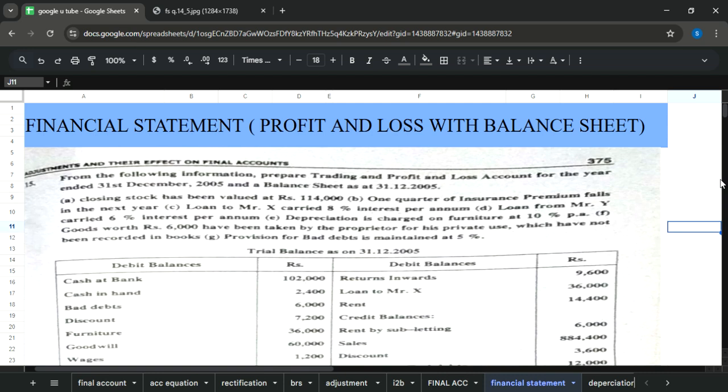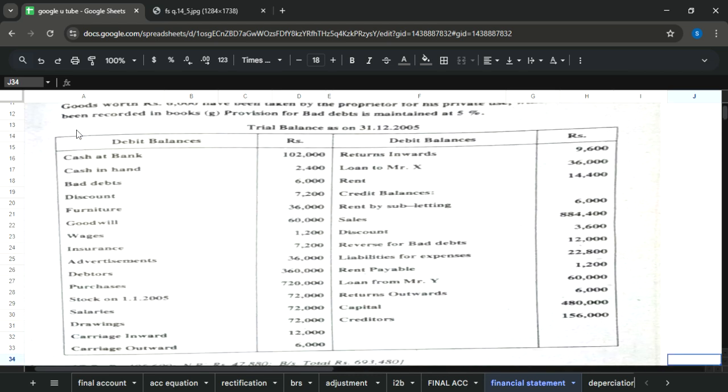Today's target is to solve question number 15. The chapter we are related with is financial statements, where we are going to make the profit and loss statement and balance sheet. As usual in our question, you can see that we have two sides, but these two sides